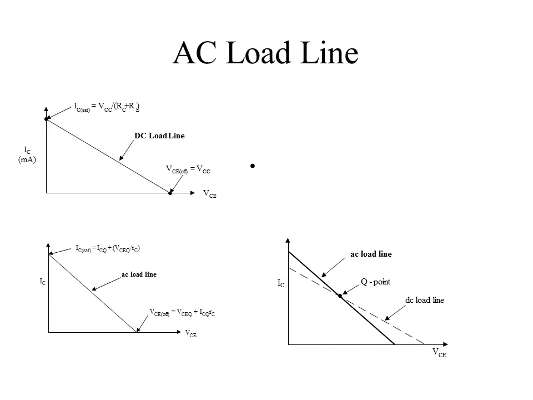Next is the AC load line. You can see here IC, also drawn against VCE, but the difference is IC saturation equals ICQ plus VCEQ by RC. The formula is entirely different from the DC load line. Similarly, the lower cutoff point VCE cutoff equals VCEQ plus ICQ RC. So that is the difference. In the last diagram, both the AC load line and the DC load line are drawn. At the Q point, your AC load line and DC load line are going to be the same.